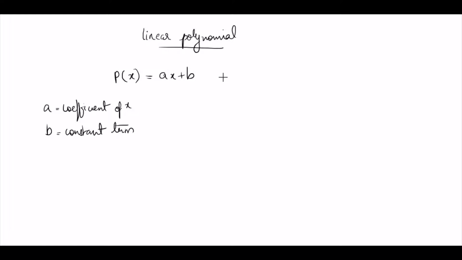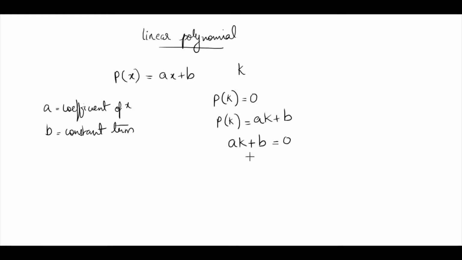And now you know about the zero of a polynomial. If k is a real number and if you replace the value of x by k and you get the polynomial value p of k as 0, then you call this k the zero of that polynomial. So let's replace this value of x by k. So p of k is equal to ak plus b. And now you know if k is a zero of that polynomial and you substitute that k, you can equate it to 0 because the value of that polynomial will be 0.